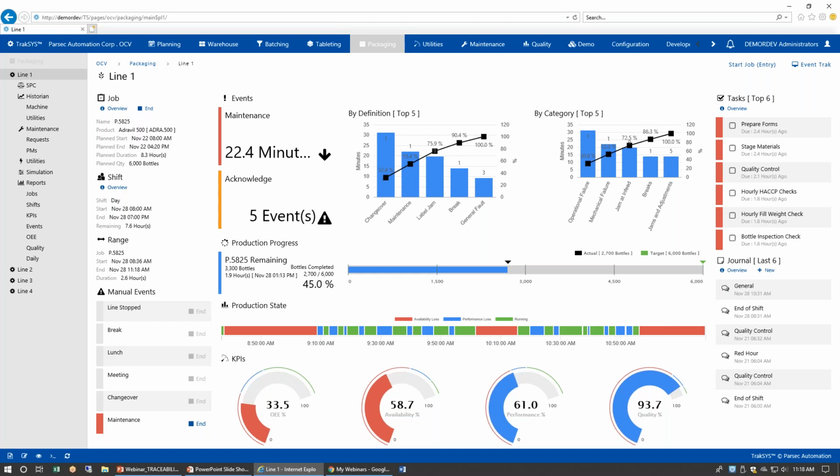So this is an example of a packaging dashboard on line 1 packaging system, and we're seeing all sorts of telemetry here about the process. Stoppage events. Over here on the right, we've got quality tasks that need to be done periodically. We've got operator observations that can be entered in. There's here in the left menu, we can go to SPC sampling being done, historian pages about trends of